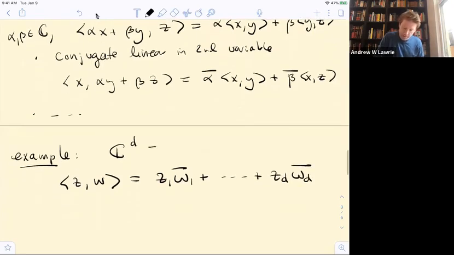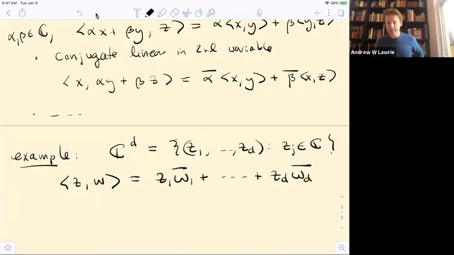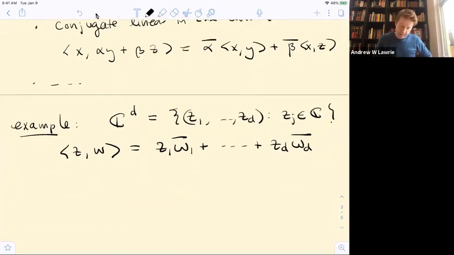This is all ordered tuples (z1, ..., zd), where zj is in our complex numbers. So it's d-dimensional complex space. And then the length of a vector, in this case z, is equal to, again, once you have an inner product, it gives rise to a length, which is equal to